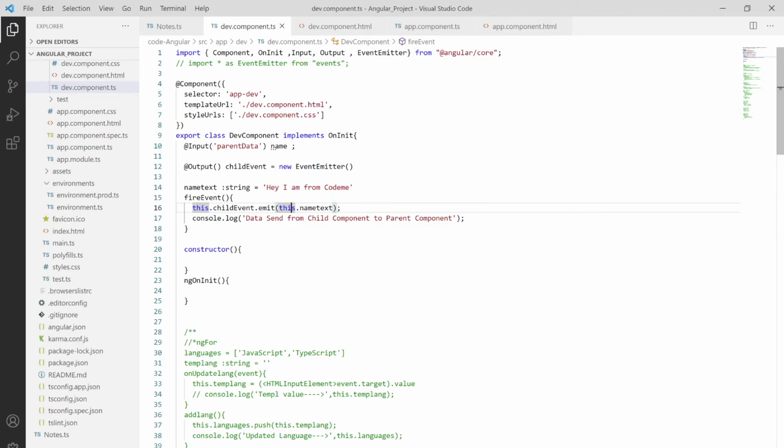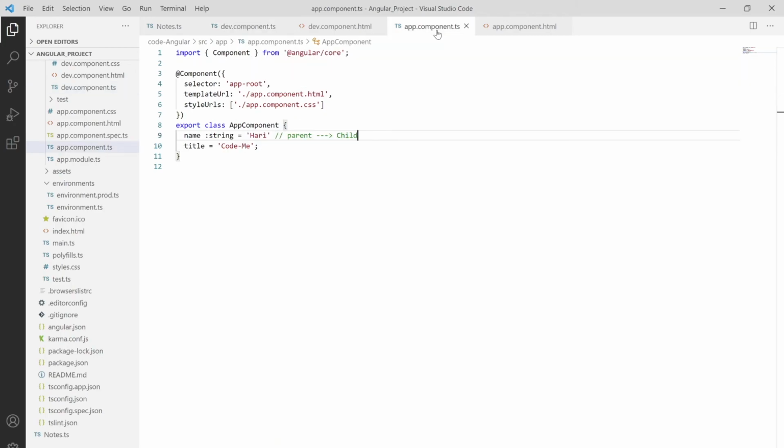Data has been sent from the child component to the parent class, and we have sent the data, but we have to tell Angular, hey, data has been sent from the dev component, which is our child component, and you are going to receive the same. So let's move towards our app component.ts.